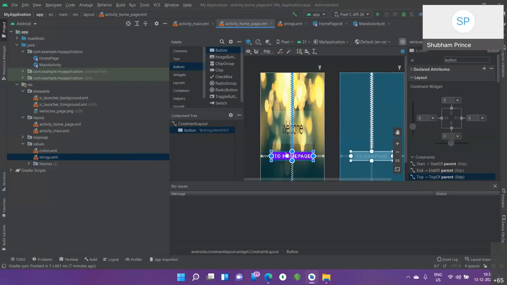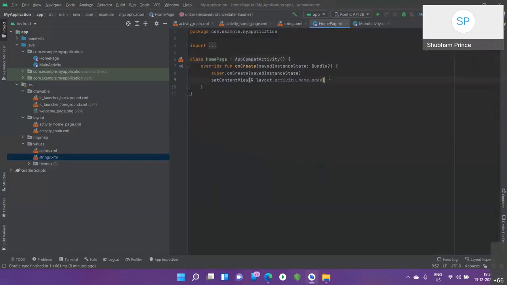Here we are going to add this on click listener so that we can start another activity. It will move from one activity to another activity. Set on click listener to this specific button. That's this one. Let's understand this portion.